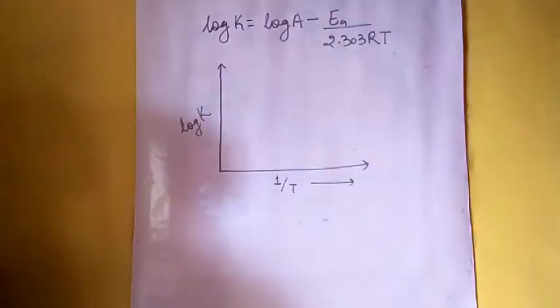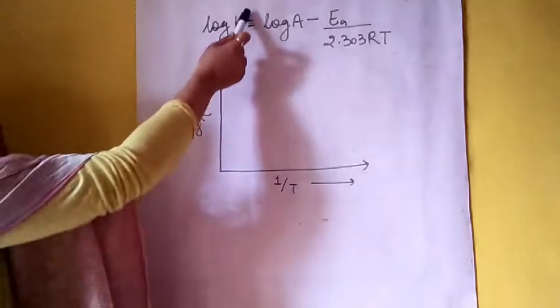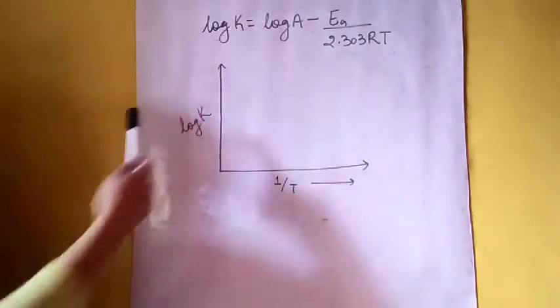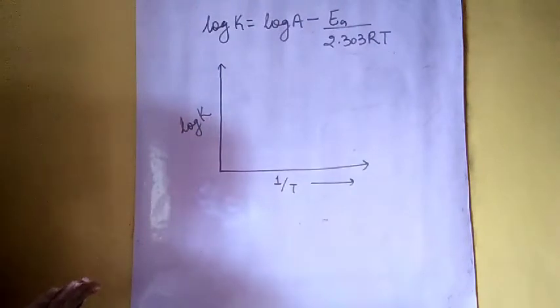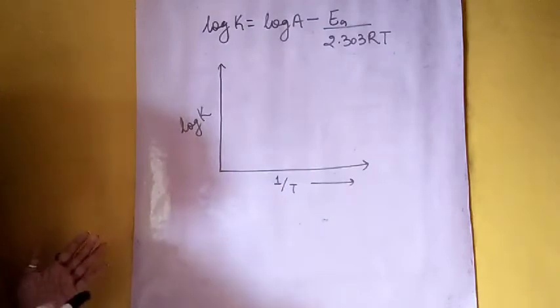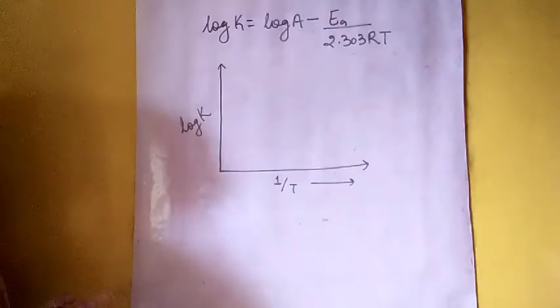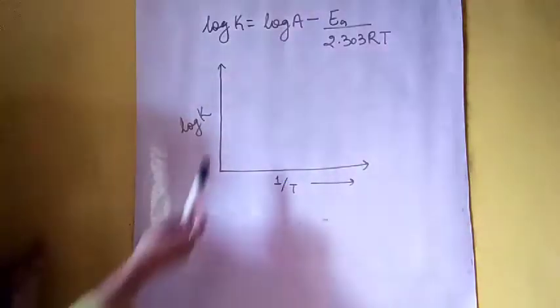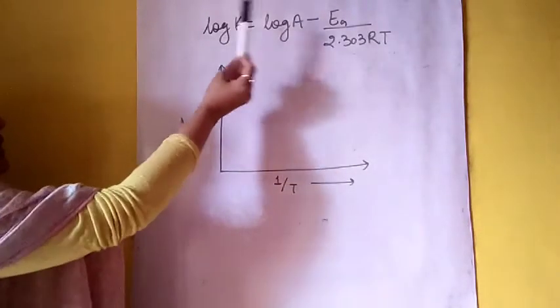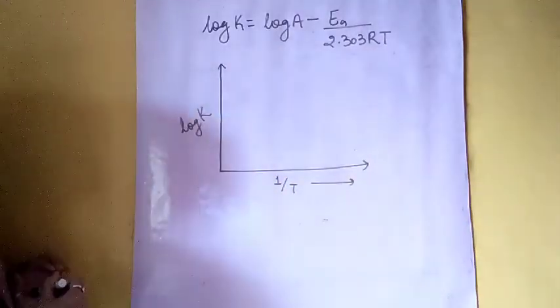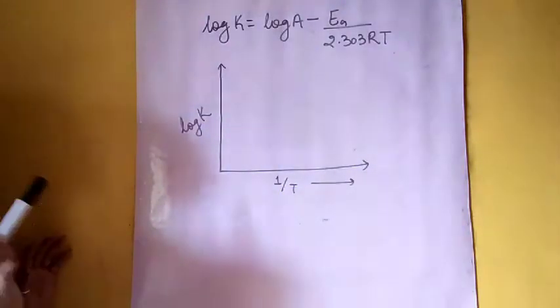Okay. So as we have to study the dependence of the rate of reaction on temperature, we'll plot a graph of the rate constant. This is the rate constant, and the rate constant is directly proportional to the rate of reaction. We have studied the rate law expression, that rate is equal to a constant K into the concentration of reactants raised to some exponent, right? So this is the rate constant K and this is temperature T. So we have to discuss the temperature dependence.